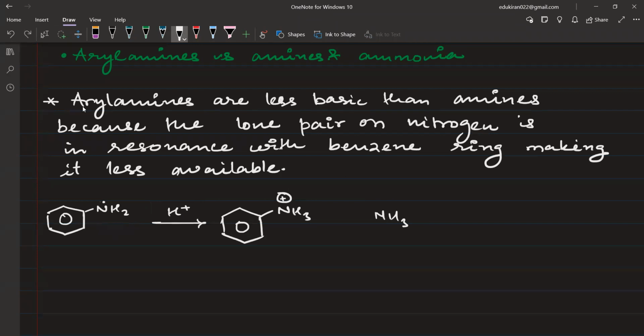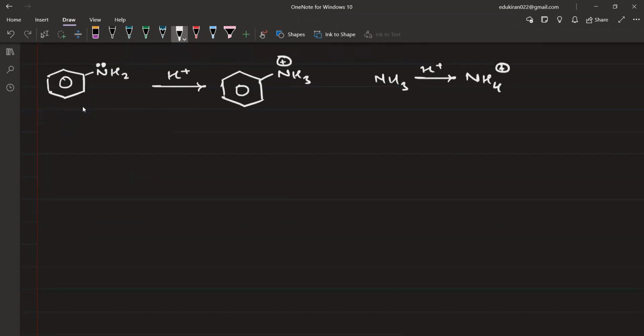But if I have ammonia, NH3 in the presence of H plus, it will become NH4 positive, ठीक है। अब इस केस में कौन सा ज्यादा स्टेबल है, which is more stable, this anilinium ion or the ammonium ion, which is more stable here. If you look at this particular structure, that is anilinium ion, okay, this is anilinium ion, this is aniline, this is anilinium ion, ठीक है।